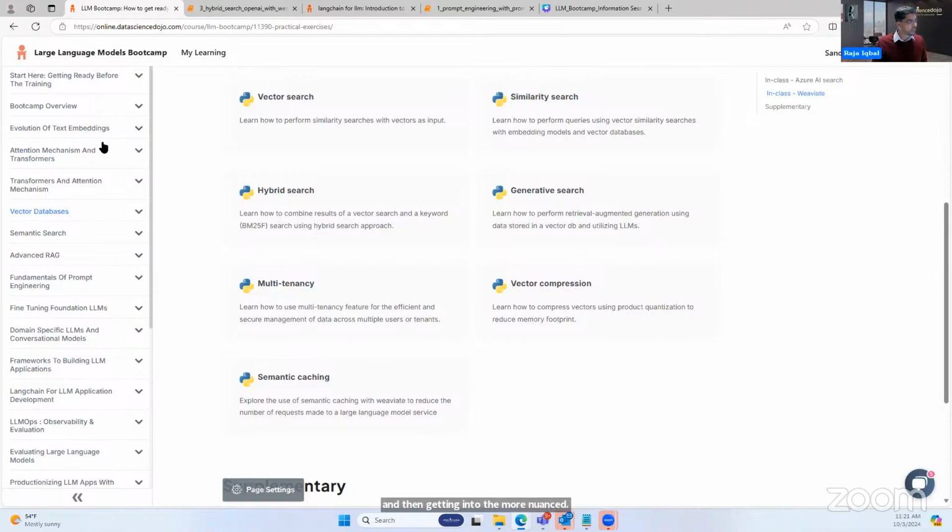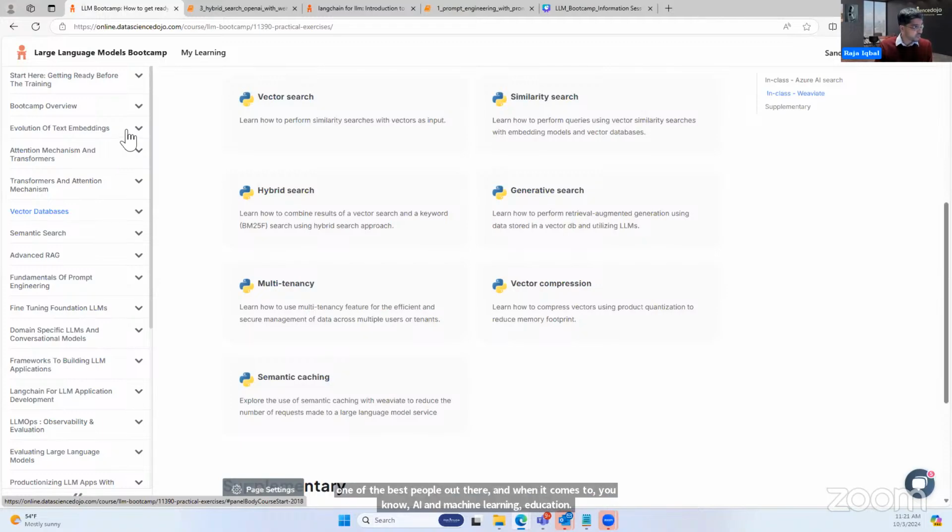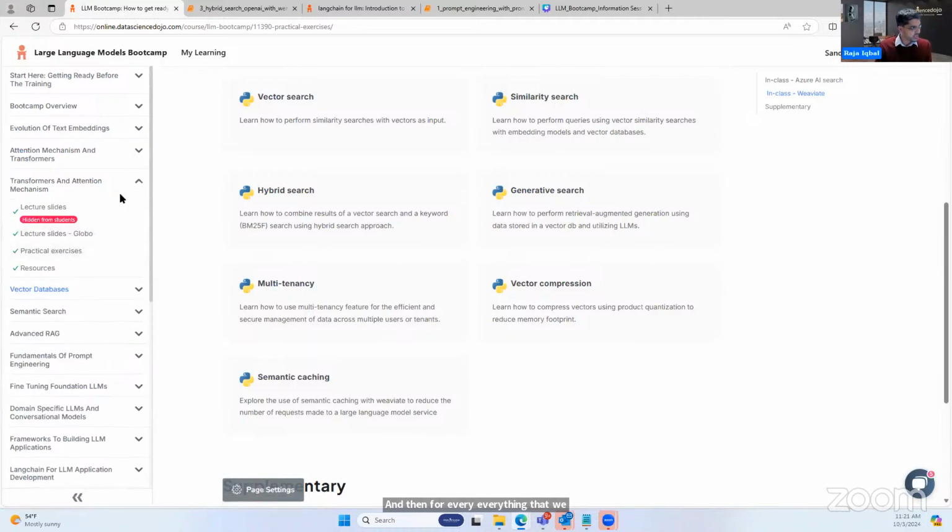This module, on the attention mechanism and transformers, is taught by Luis Serrano, probably one of the best people out there when it comes to AI and machine learning education. I start with the bootcamp, the first 3 hours, the entire end-to-end view. Then we go to Luis. Luis teaches about embeddings. And then for everything that we do, we have a practical exercise.